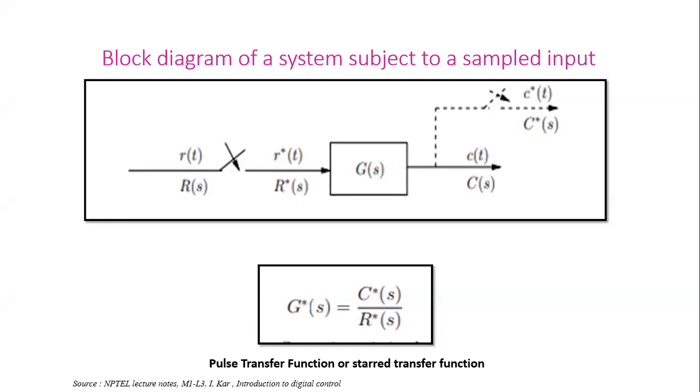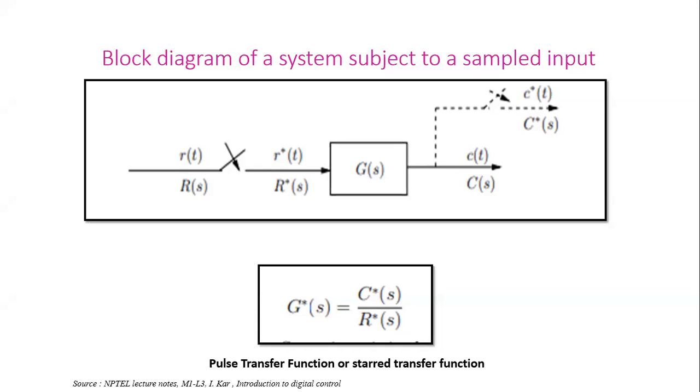I mean, why is it that we have to introduce this word pulse out of nowhere? And why is it that we cannot just continue with what we have been doing in the initial chapters? I know all of you remember that when it was an LTI system, a continuous time system which we had seen earlier, we always defined G of S, the transfer function, as C of S by R of S. That is what we did.